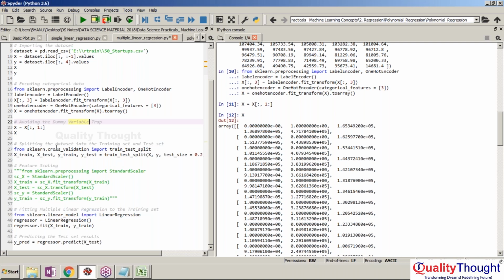Now that we have avoided the dummy variable trap, I am trying to process by splitting the data set into the training and the test set. If you can take a look at this one, from scikit-learn.cross-validation import train_test_split. I'm going to split the data